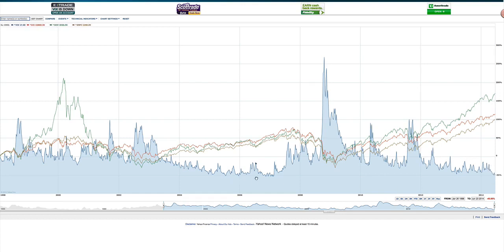We're back to around the lows of the 2005 through 2007 period, when everybody was happy and credit was flowing and money was flowing and the economy was doing well. And then, of course, now you can see we're back down to that area. Now, why is that important? Why is this divergence so important?